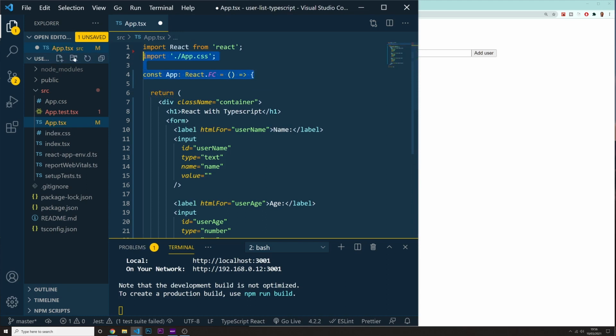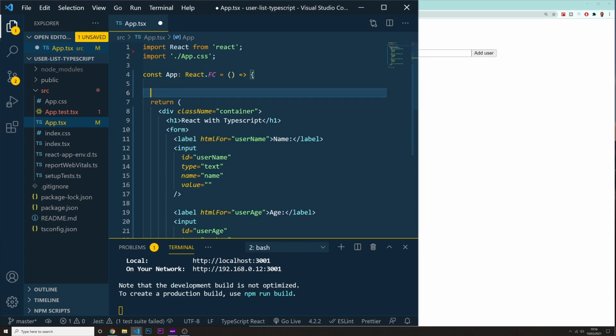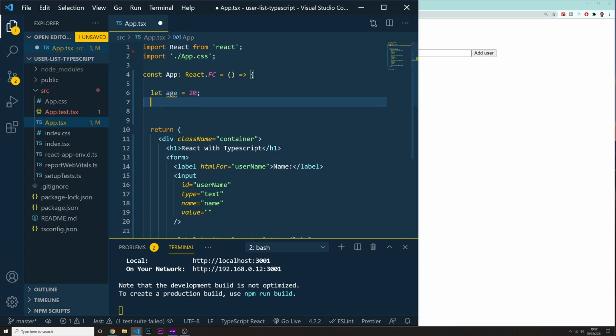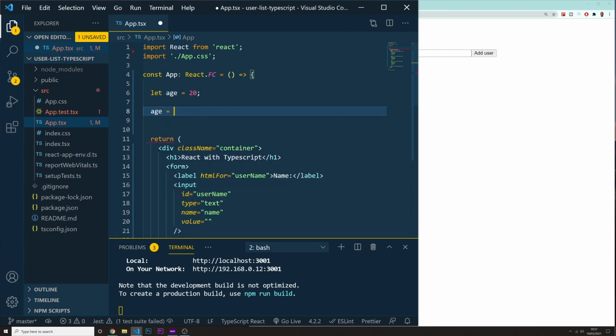Okay. So when you are creating a component with TypeScript, you need to tell it with this colon after to say, okay, this is going to be a React functional component. This is the part where we're going to start touching TypeScript, actually. As you know, in JavaScript, when you create a variable, let's say age, and you assign it 20 as a number, later on you can just go and say age equals to 20. You can do this because